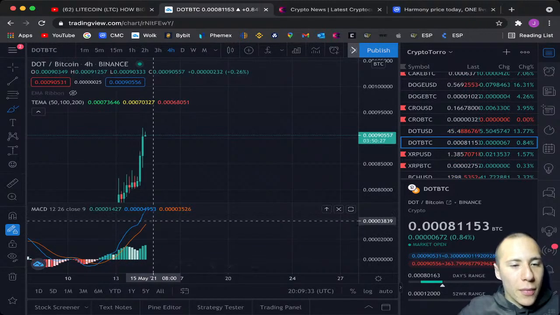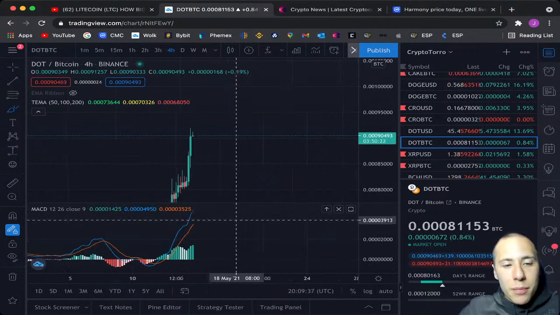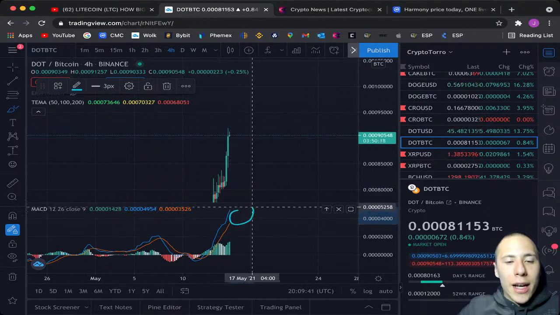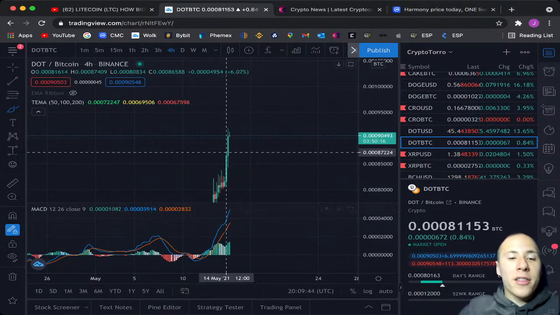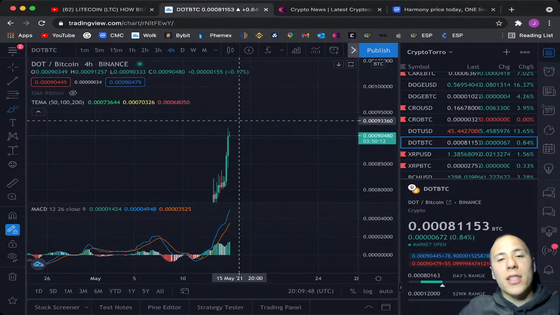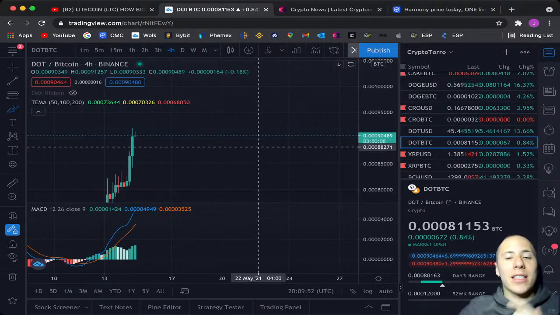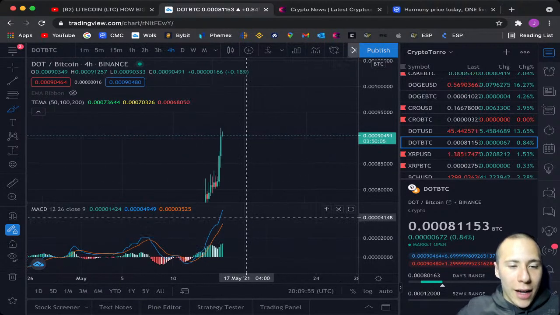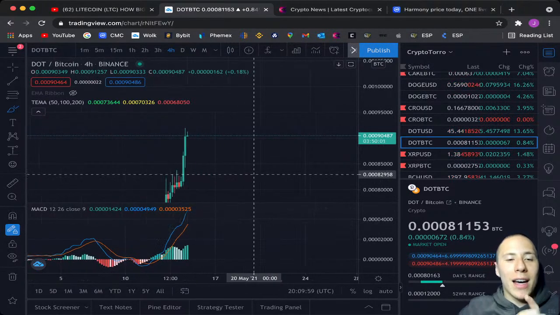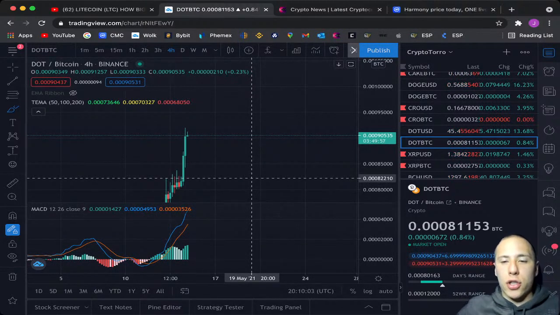But as you can see, the lines are not near each other yet, and this means there is still momentum for Polkadot to go even higher and maybe find support on that 1.618 level that I showed you before on the Fibonacci retracement. And I think that's personally very important to look at, if this momentum will be enough to find support on that level. So that is just what I wanted to look at right now on the Polkadot chart.